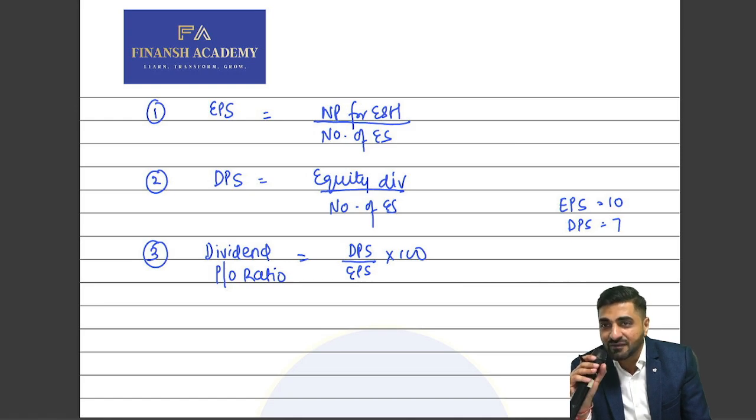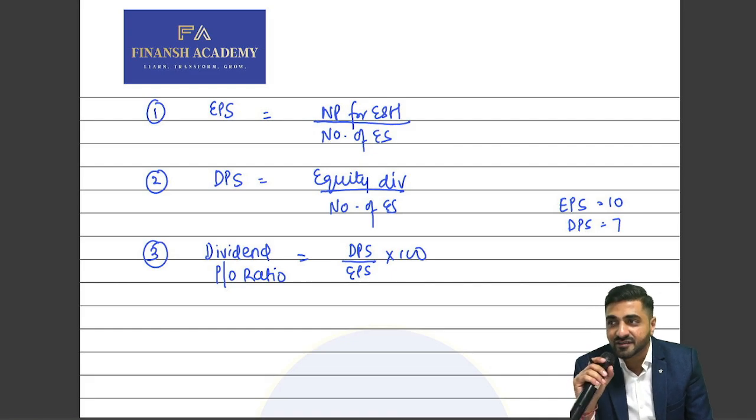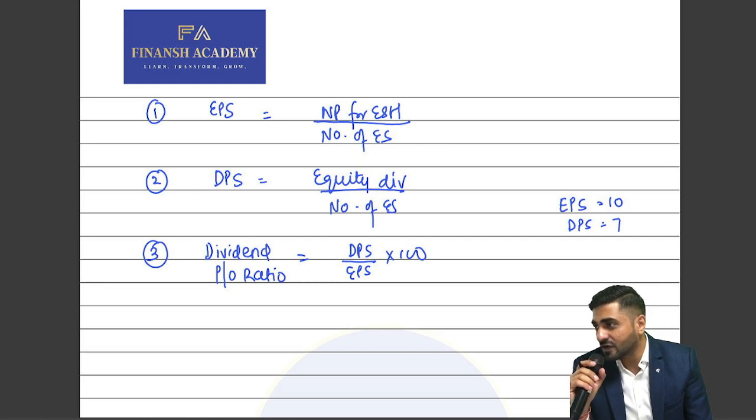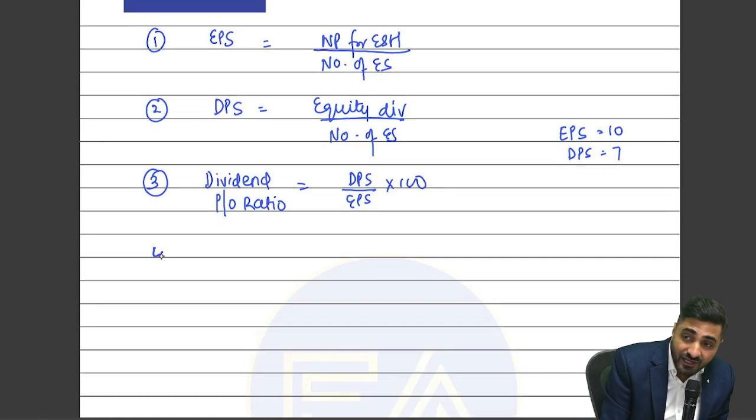Dividend payout, how much dividend are you paying? The maximum dividend payout ratio should be 100%, because you can pay out 100% of earnings by way of dividends. If your EPS is 10 rupees and you have paid 4 rupees by way of dividends, what's your payout ratio? If you have paid 6 rupees, or 2 rupees? If EPS is 10 and you have paid 0 dividends, payout is 0. So what is the balancing figure? Retention. The next ratio is retention.